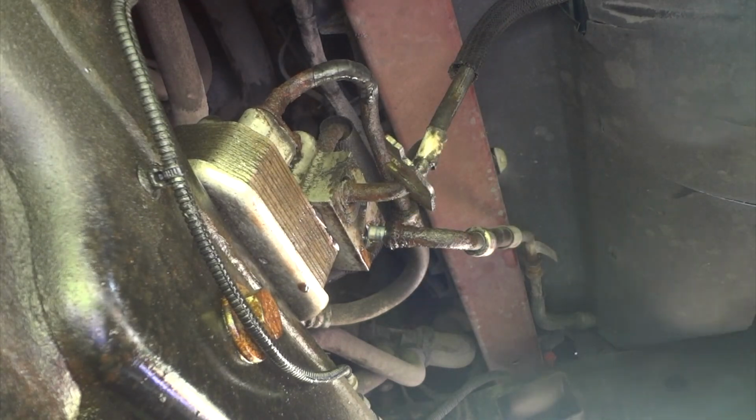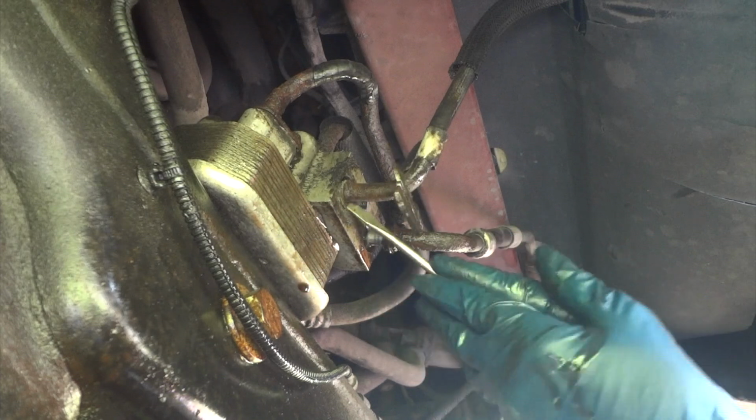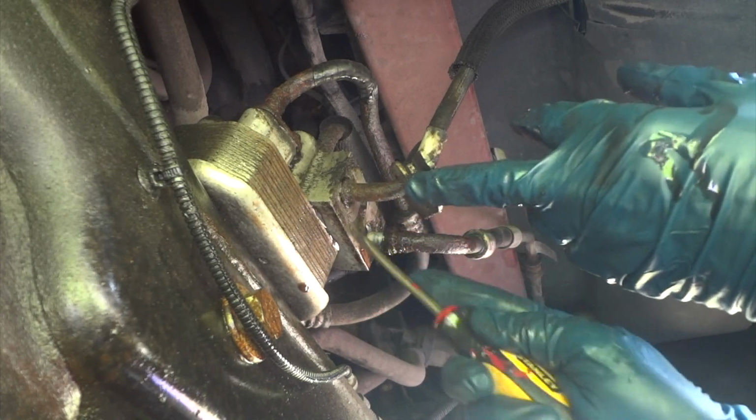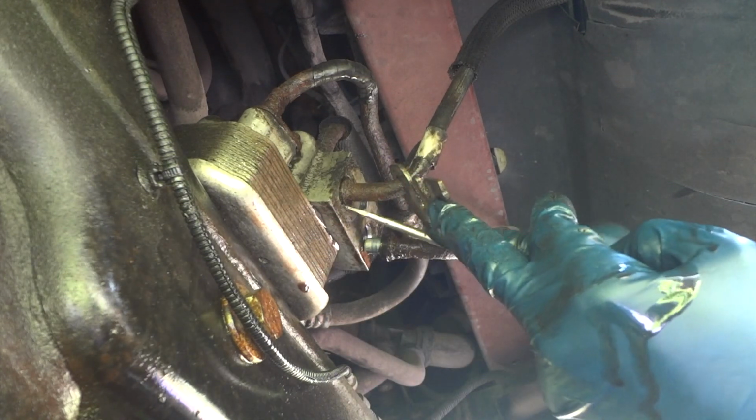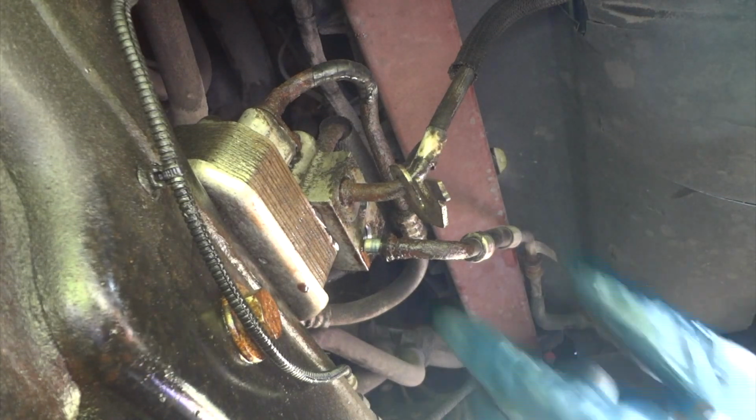Whoa, there's a lot of corrosion. I don't know if you can see that right there. I'm going to tell him it's probably best to go ahead and order this line and replace it too, because it's not...